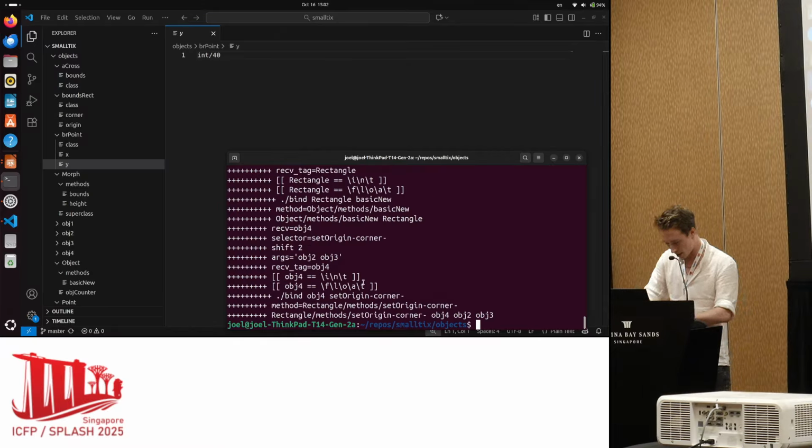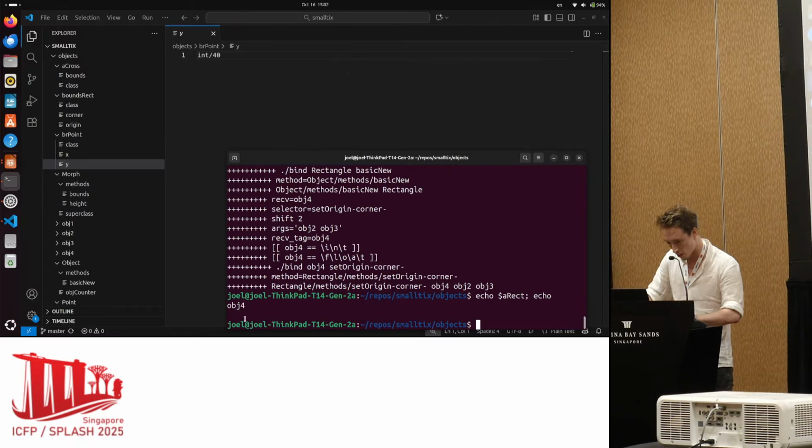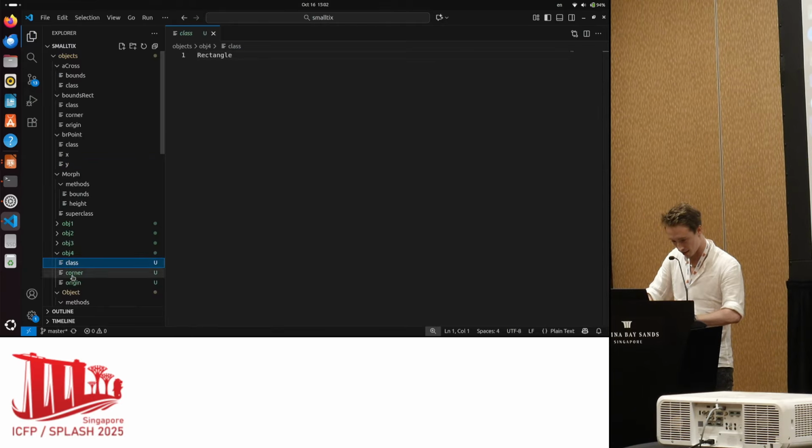Yeah, so what is arect? Arect is obj4, and look, we have some new objects that were created. So obj4, what is this? This is a rectangle, it's got a corner, obj3 and origin obj2, and of course these are points. And you're going to have to take my word for it, these are the correct coordinates, because I tested this, and so it gets the right answer. But you'll notice that there's an object left over, object 1, a point.